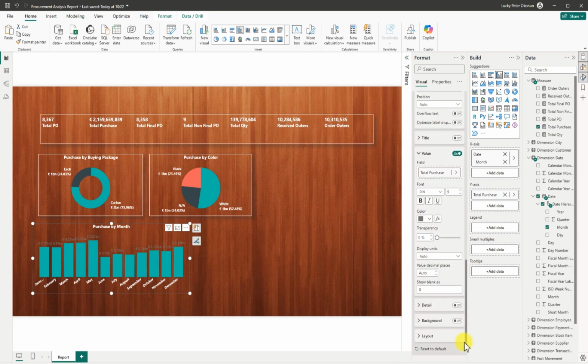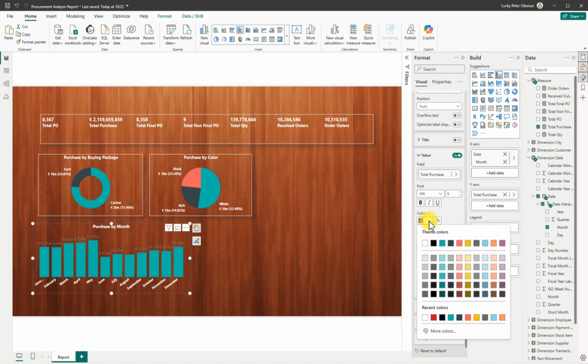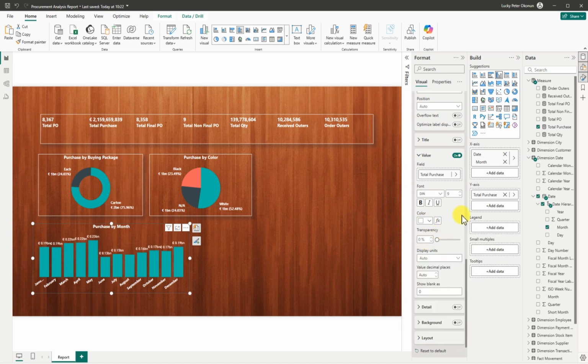From the value, it's still going to be white as well. Then we don't want to make it 1000. Let me see if I'm making it now. Million will be good. Let's turn it to million. So we can see we have million of each month, and that is good. Then we can just reduce it a bit. So that's good. Then we go back to